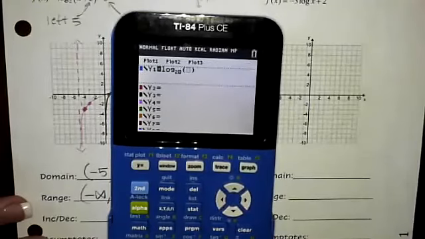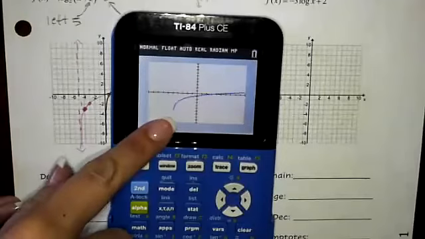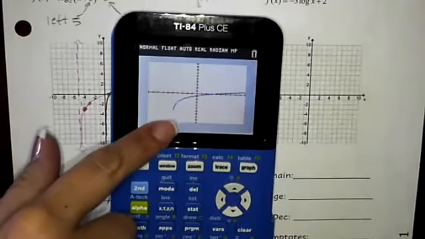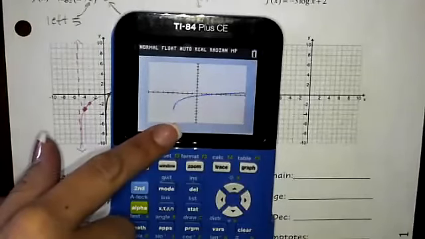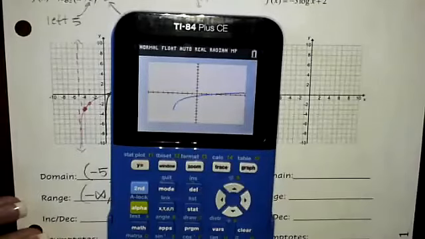And I'm going to put in my 2 for the log base, x plus 5 in the argument, and then the minus 3 at the end. And then I hit graph, and there is my graph on the calculator. It looks like it cuts off right here. That is just because of the pixels of the calculator. That continues down forever. Your calculator just doesn't have that kind of high definition to draw it all the way